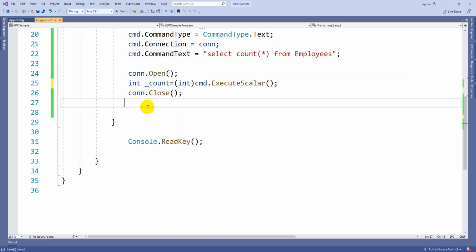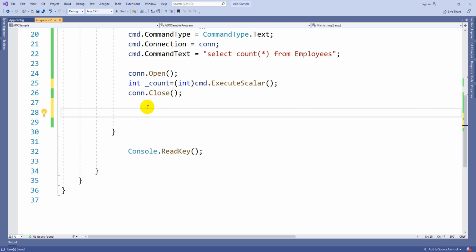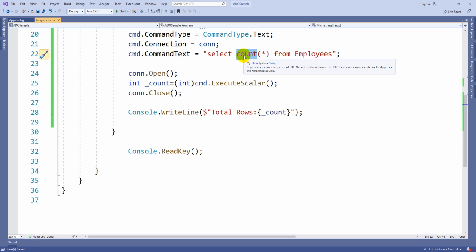Now what you will do, here you are going to print on the screen like this, total rows. You can print this count. So especially for scalar properties like aggregate functions, count, min, max, average, sum, all these things, you can use this execute scalar.